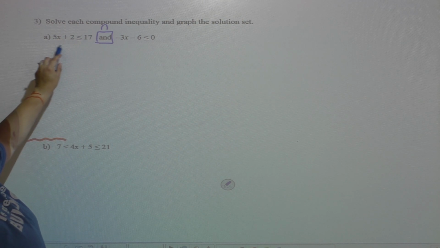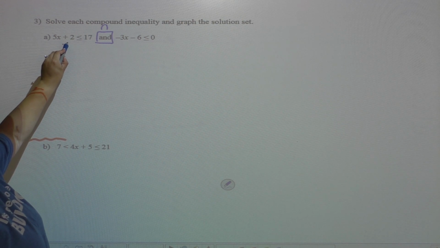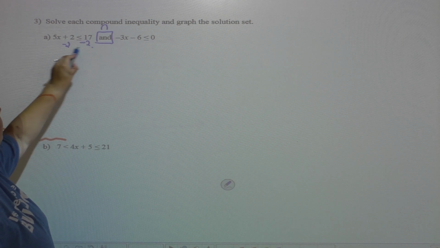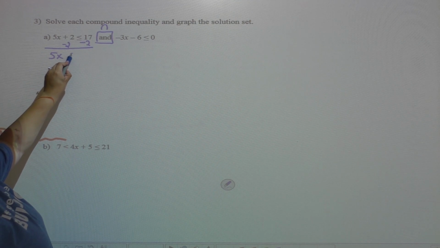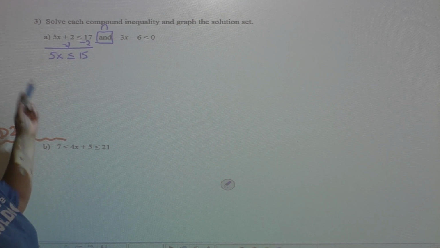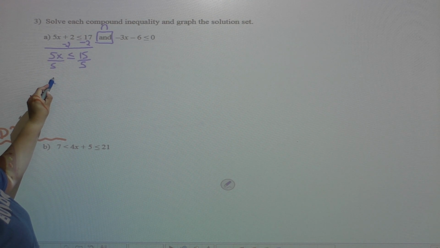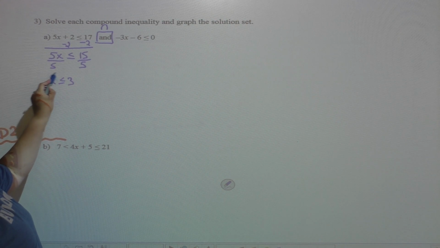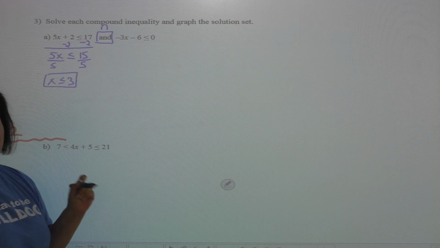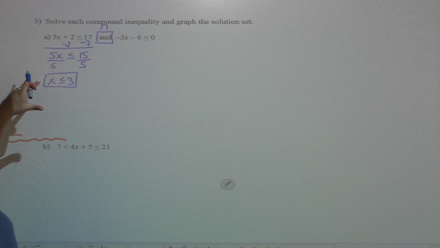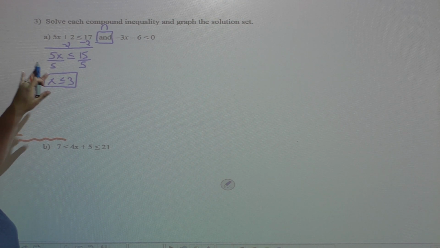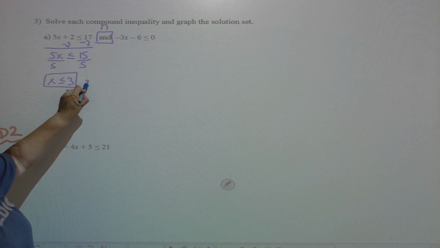So you're going to go about your normal way and solve for x. So I'm going to subtract 2 from either side. So I have 5x is less than or equal to 15. I'm going to solve for x by dividing both sides by 5. So x is less than or equal to 3. So they want to know, okay, I have all my x values less than or equal to 3. And